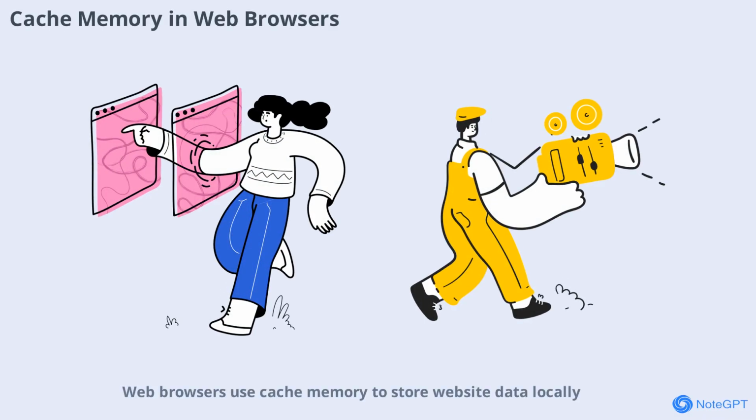files. Web browsers use cache memory to store website data locally, allowing pages to load faster the next time you visit. This not only improves your browsing experience but also reduces the amount of data that needs to be downloaded